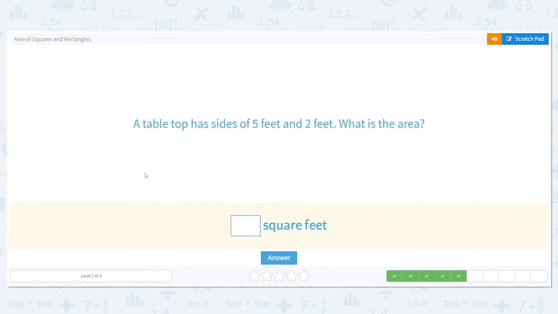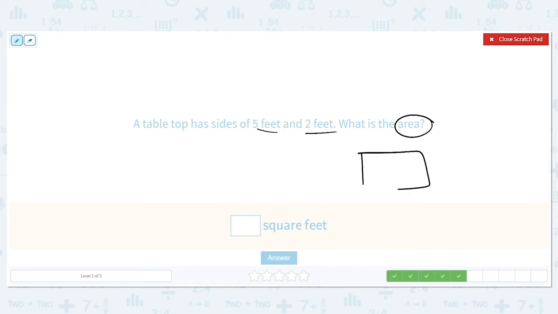Next, a tabletop has sides of 5 feet and 2 feet. What is the area? Okay, again, we want area, and we want 5 feet by 2 feet. Is that a rectangle or a square? Rectangle, because the sides are not equal. So I have 5 feet